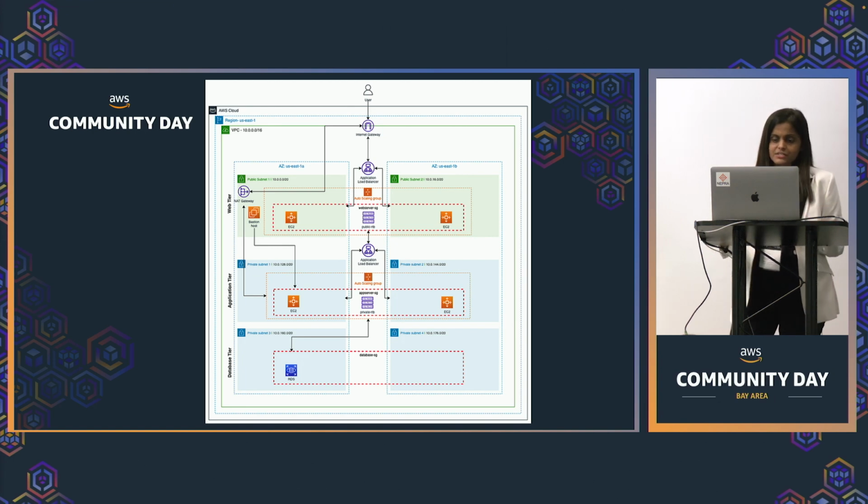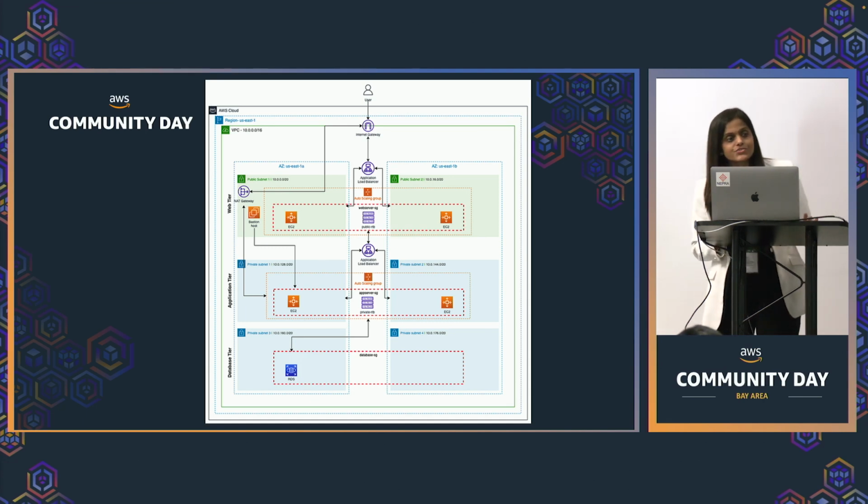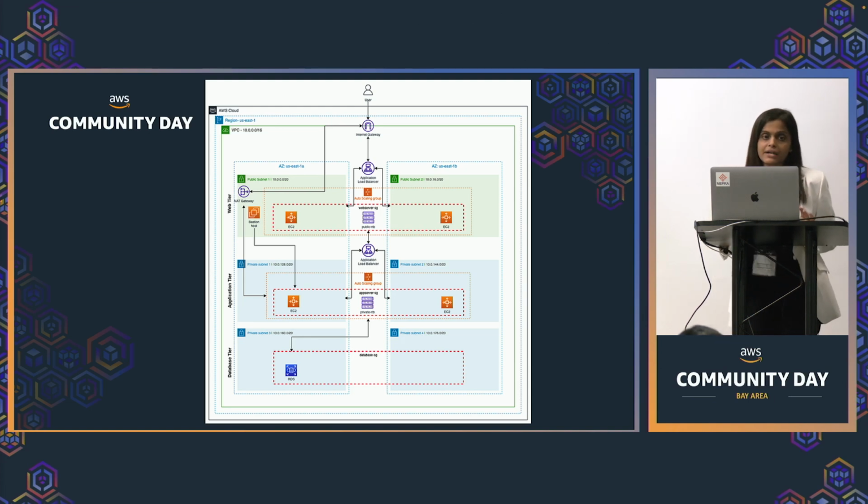And at last, as I said, this architecture is a very classic architecture. There are so many other AWS services which you can integrate with this architecture. But yes, this is the primary agenda of this entire resilient architecture, which you can integrate within your day-to-day business operations. And you have to make sure that this architecture aligns with industry security standards and regulations, because that is what clients demand right now.